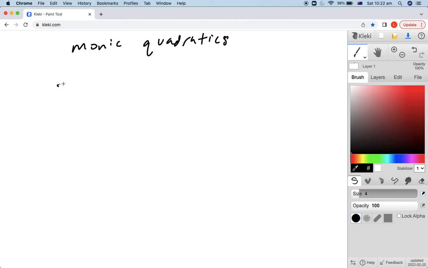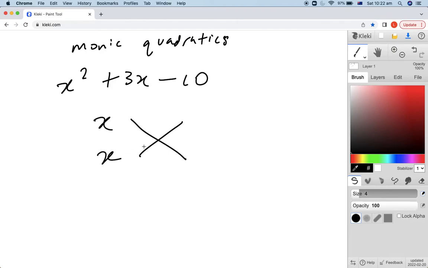So let's say we are given x squared plus 3x minus 10. What would we do in this case? To start off, the cross method is pretty much the same in all conditions. You always start off with the multiplication. What two things multiply to give us x squared? In this case, it's just x and x. Then we draw the diagonal lines across. And now we think about